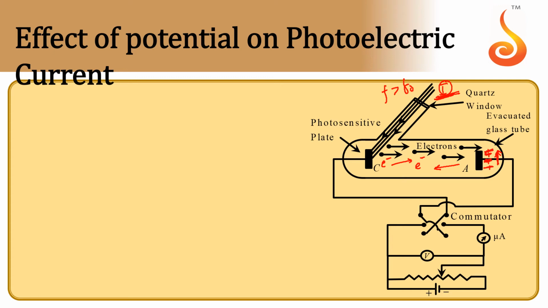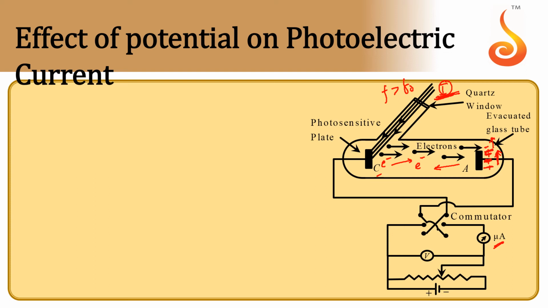So, if we keep on increasing the negativity of the anode plate, though the light is removing the electrons from the cathode plate and sending them towards the anode, because the anode plate negativity increases, the electrons will not reach the anode plate. Therefore, there will be no photocurrent observed by the microammeter, and this potential we call the cutoff potential or stopping potential. The potential at which the photocurrent in the circuit becomes zero.